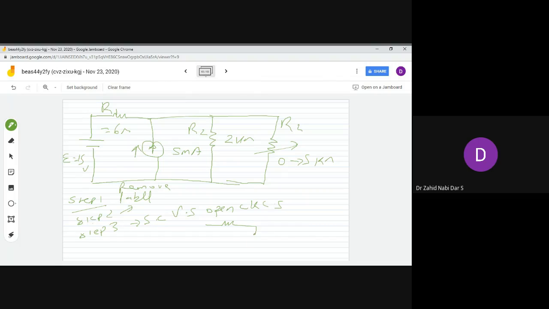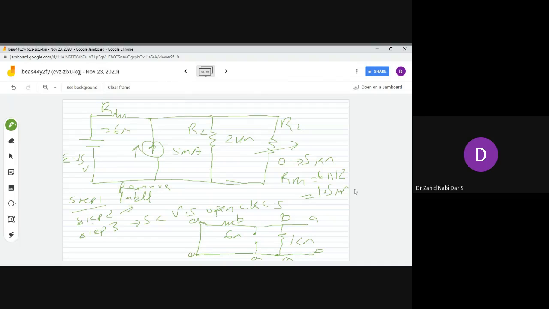See here you have open circuited the current source and short circuited the voltage source, and this is A and B over here because you have removed the load. This is 6 ohm, this is 12 ohm. This point is A, this point is B. So you can see AB 12 ohm and AB 6 ohm. The total R Thevenin would be 6 parallel to 12, which comes around 1.5 kilo ohm.